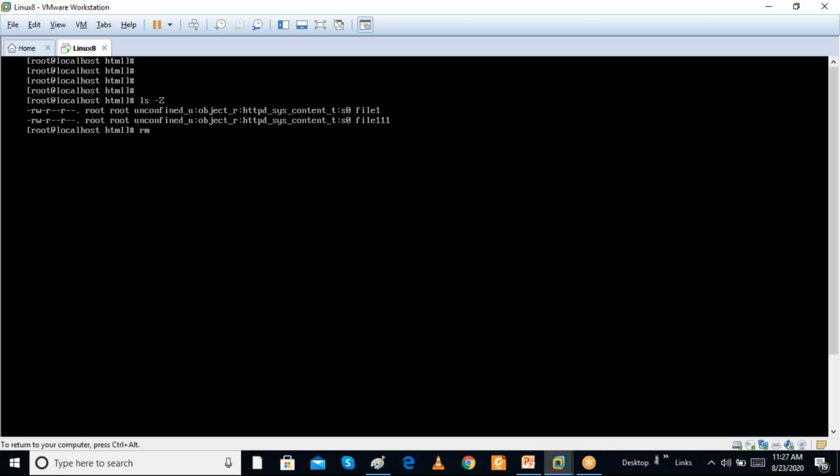So I am removing all this, and now I want to create one index page. I want to create an index.html page in the web server directory. I can take some sample HTML file.